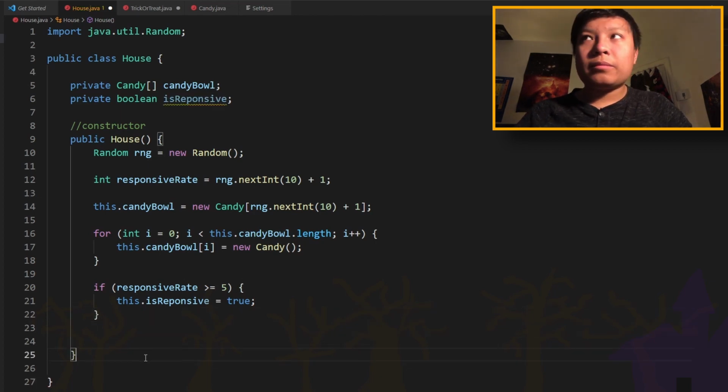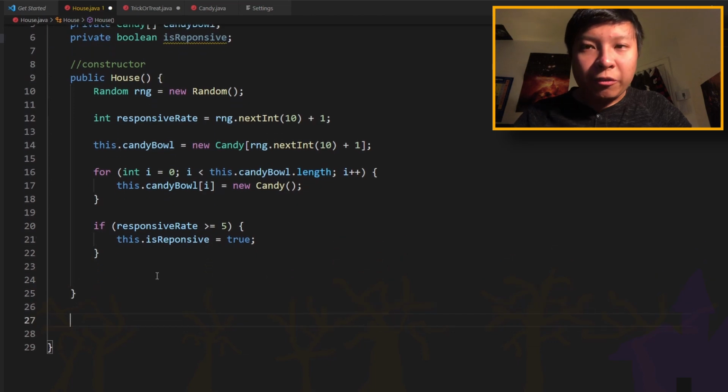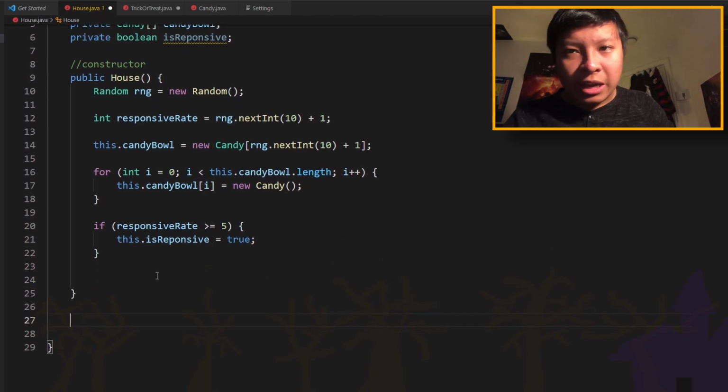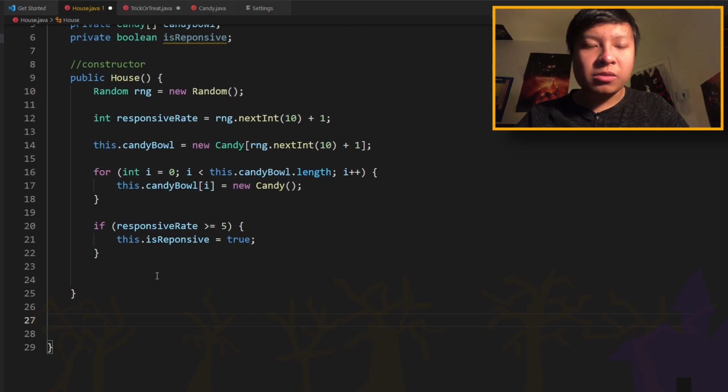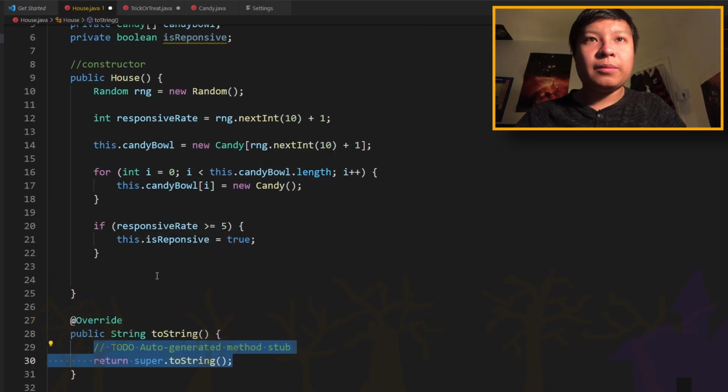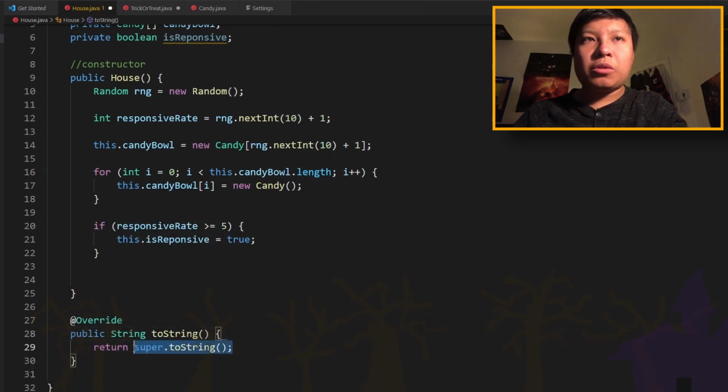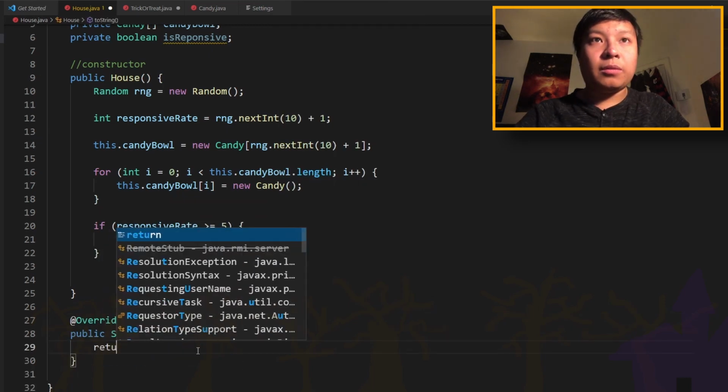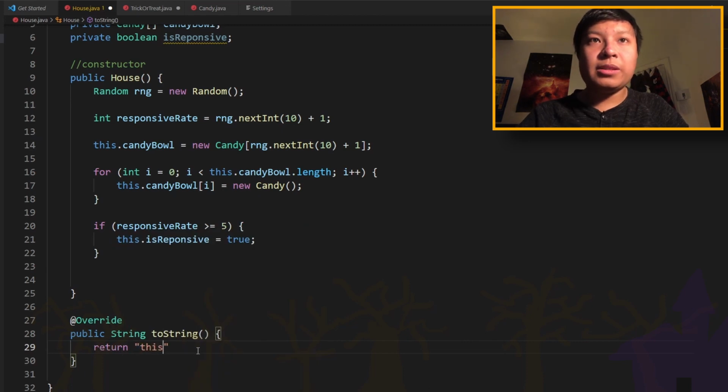And yeah, before I decide to create many houses, I'm gonna test it out. Let's allow it to print the object. So I'm gonna override the toString method, so we could print the object to a string, and I'm just going to return this house will give,